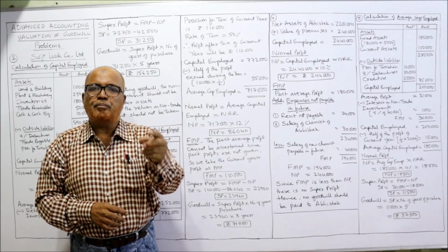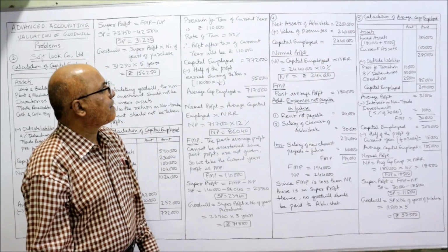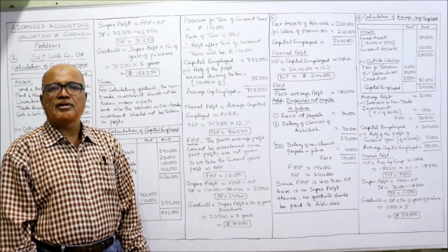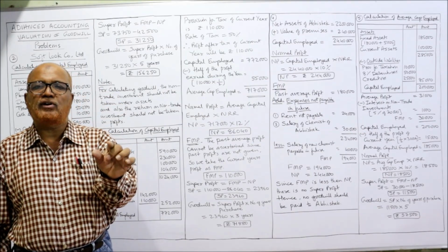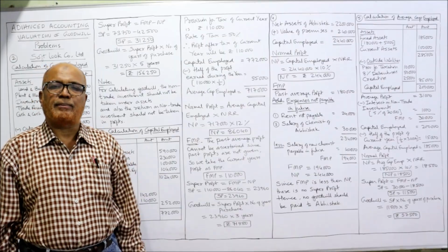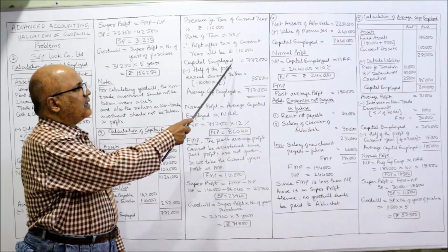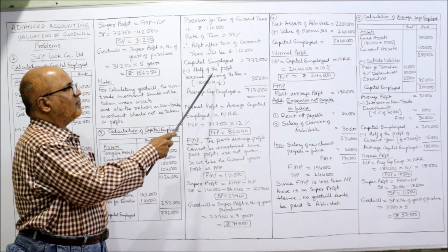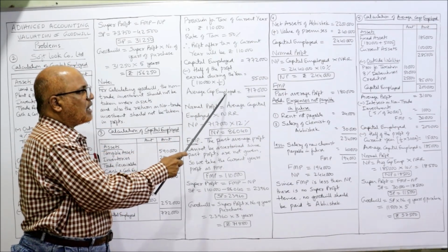It means profit after tax is also 1,50,000. So profit after tax of current year will be 1,10,000. So from capital employed, we deduct half of the profit of the current year to get average capital employed. Already I told you in the previous videos. So capital employed 7,72,000 we got it. Half of the profit earned during the year, 1,10,000 into half, 55,000. Deduct 55,000, average capital employed